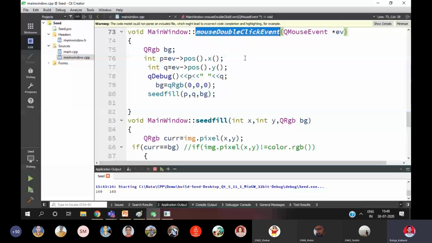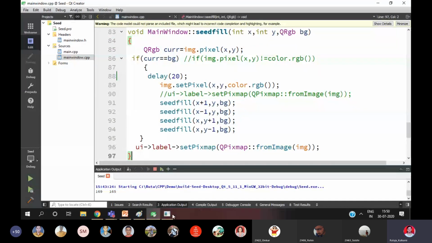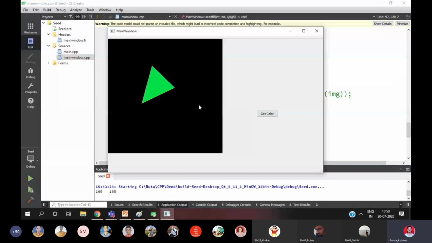Don't worry about it much now, because at the time of practical you will get everything. So here is the position. I got the seed position, and from the seed I am going to fill the whole polygon. Like this. So I double clicked inside. See, the polygon gets filled with the color, but it takes time, definitely.